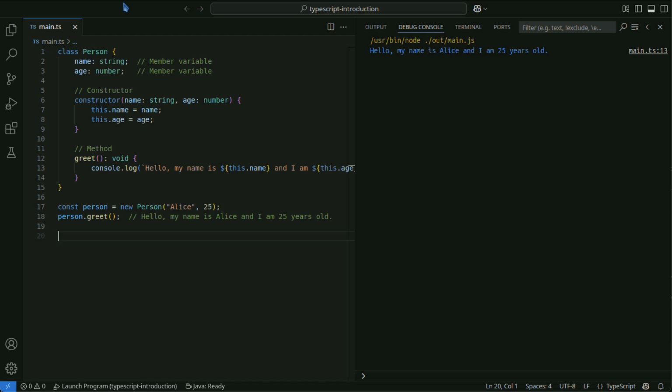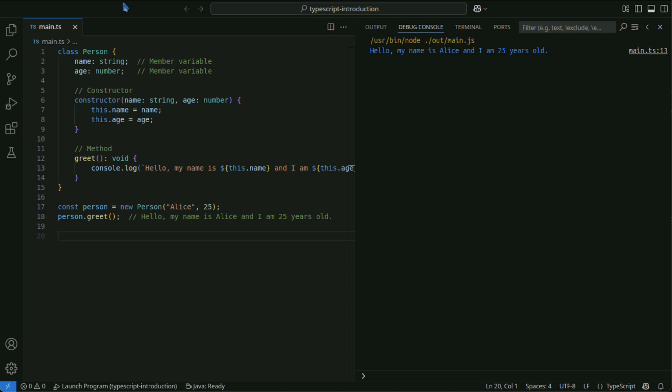In TypeScript, you can use access modifiers, public, private, protected, to control access to class properties and methods. By default, all properties and methods are public.